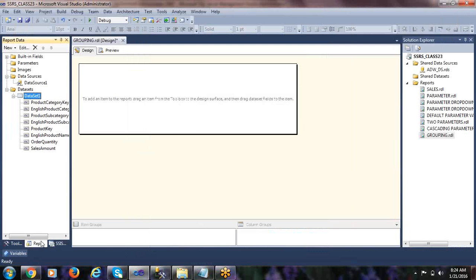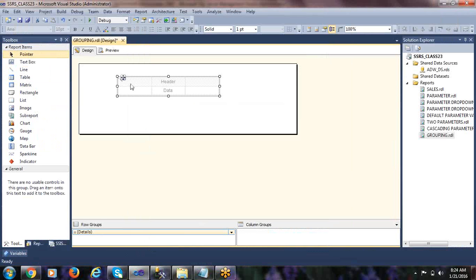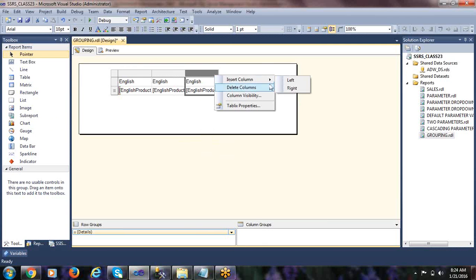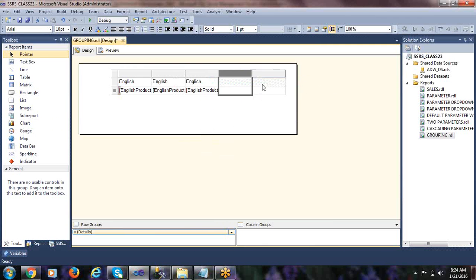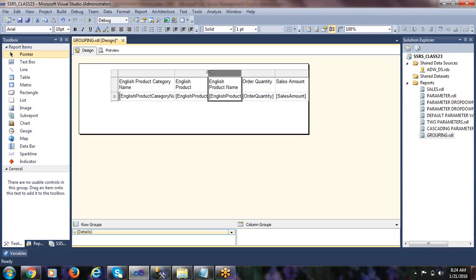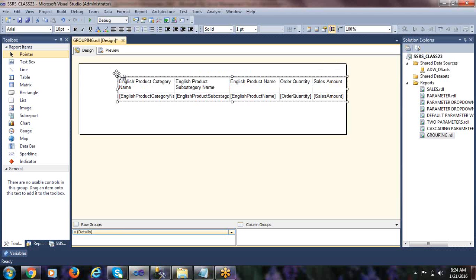Click on OK. Now go to the toolbox, take the table. Let's select the category name, subcategory name, product name. Done.